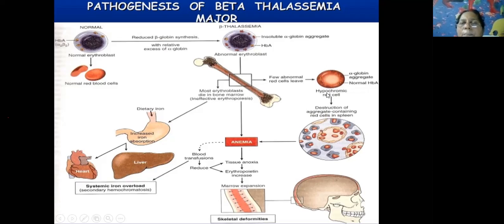So what happens when it goes to our spleen? The splenic macrophages can't sit quiet. They will eat up these areas, they eat up the red cells as such. So what is this? Hemolytic anemia. Is it intravascular or extravascular? One of you can tell. Anmol, can you tell? Intravascular or extravascular?